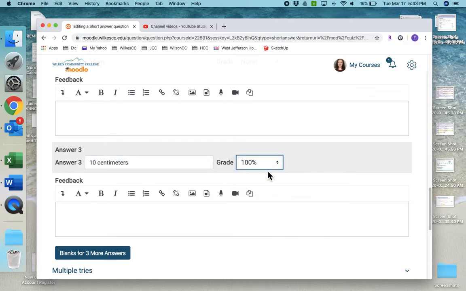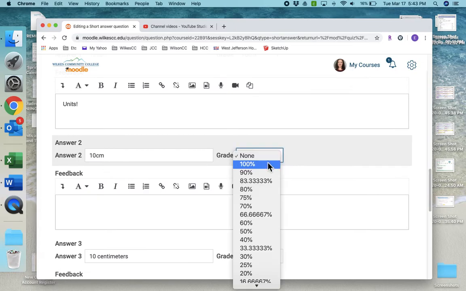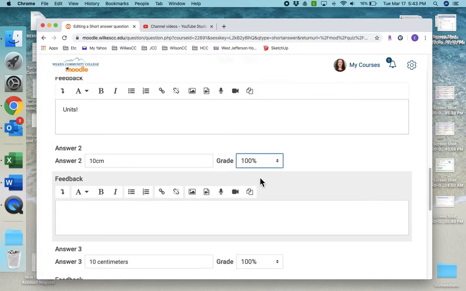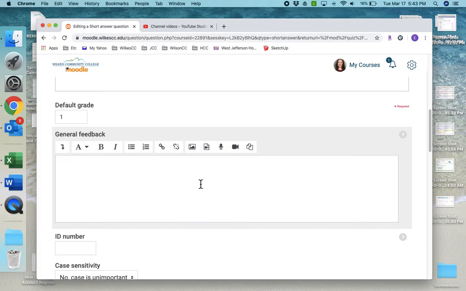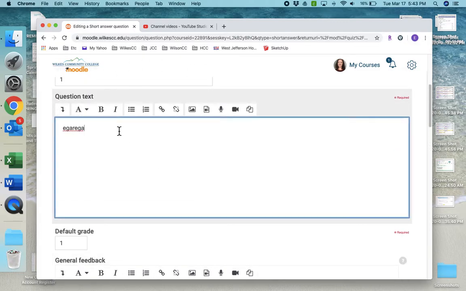Make sure you put 100% on this. And a lot of times in the question, I'll say something like, answer up with one or two decimal places